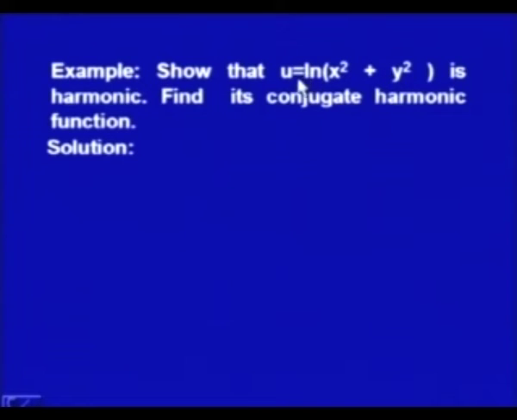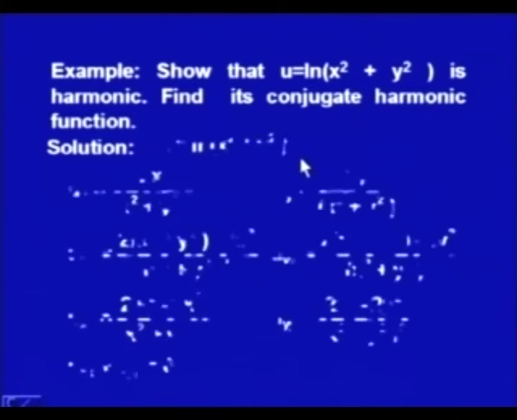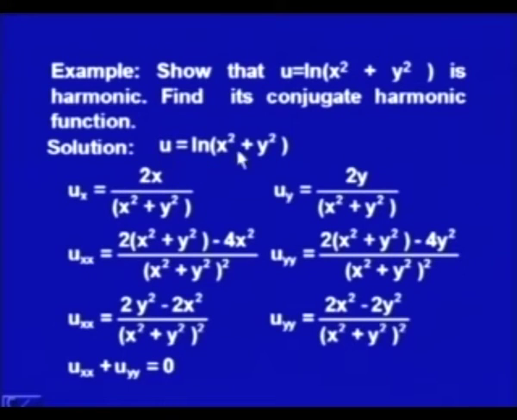Here function u is given as ln(x square plus y square). First we have to show that this function is harmonic, and then we have to find its conjugate harmonic function. To show that this function is harmonic, one has to show that it satisfies the Laplace equation. For this, u is equal to ln(x square plus y square). So, we calculate the derivative ux, which comes out to be 2x divided by x square plus y square,